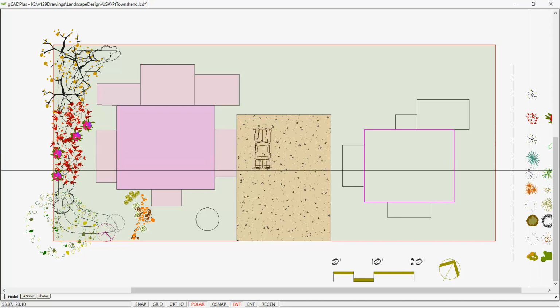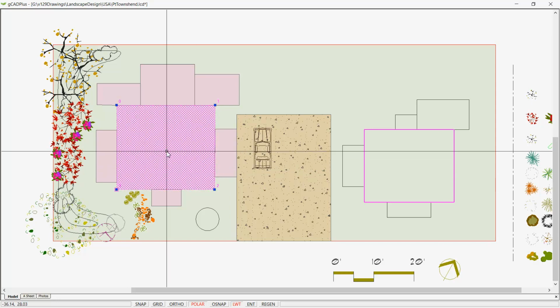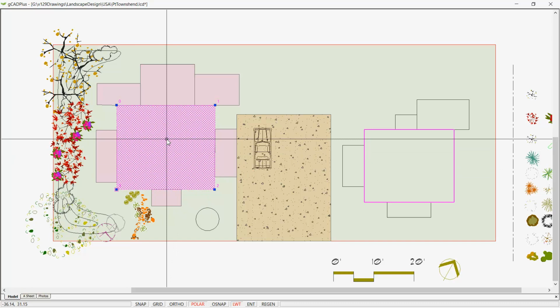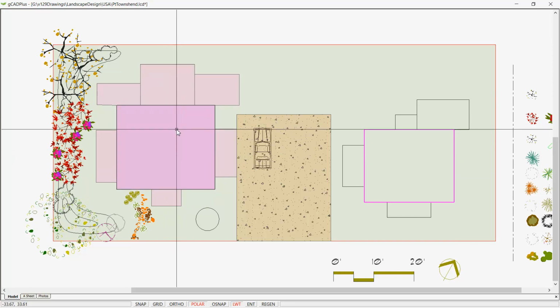Our designer wanted a PDF version of the design at this stage to send to a client, and was having some difficulty with it. The reason being that transparency has been used in developing the colours for parts of the building. And any gCADPlus drawing with transparency can present trouble or difficulty when you want a very high resolution